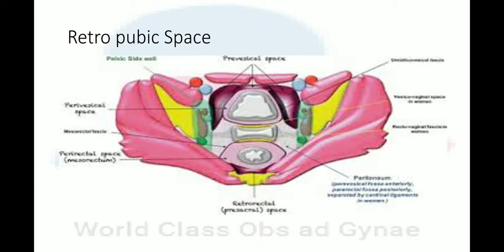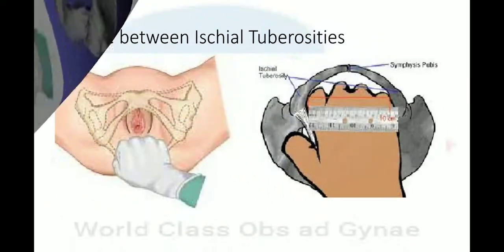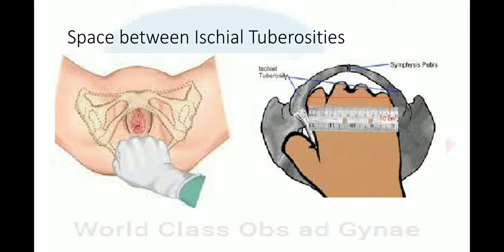In the end, I will assess the space between the ischial tuberosities. Finally I will withdraw my hand from the vagina, make a fist and try to fit it between the patient's ischial tuberosities. Normally a closed fist can just be accommodated between the two ischial tuberosities. If the four knuckles of the closed fist cannot fit between the two ischial tuberosities, there is a possibility of an outlet contracture.